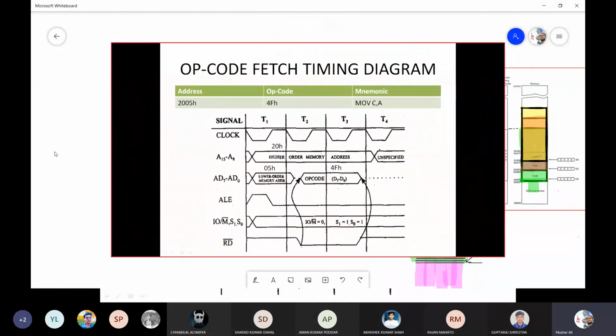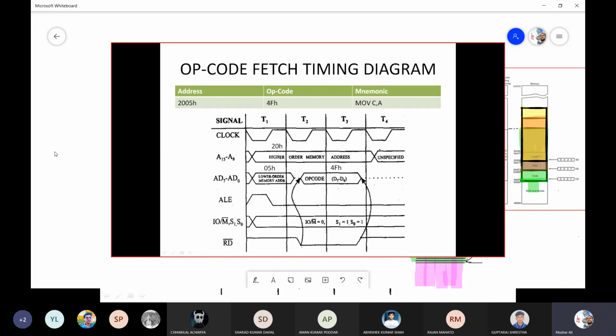So this is the topic of opcode fetch timing diagram. First of all, you must understand, what do you understand by opcode? Opcode means a binary equivalent of an instruction. An instruction is what the microprocessor understands as commands that it can do. So opcode is a binary equivalent that the machine or the microprocessor understands, the language of the microprocessor, binary